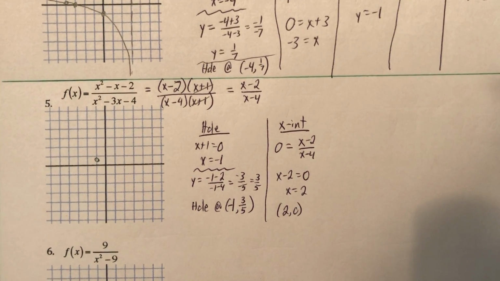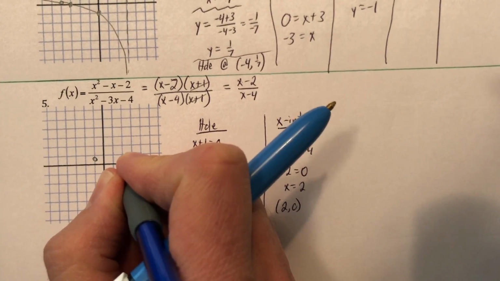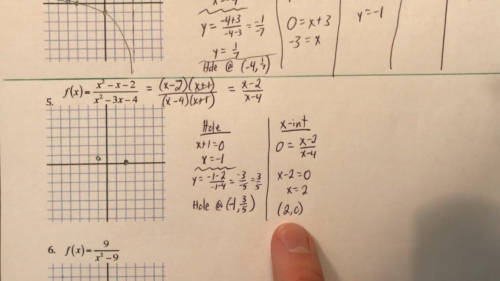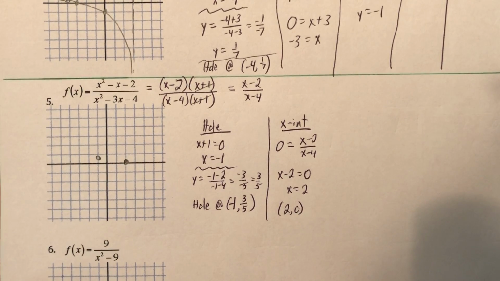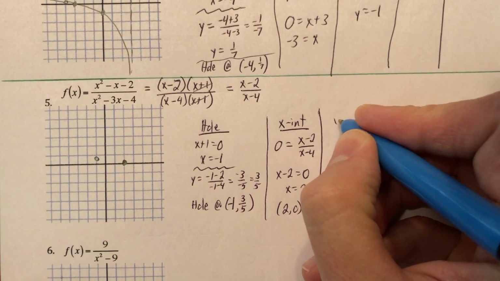So if you're going to plot it as a point, like I did this one, you'd say, well, that's at 2, 0. I don't generally make a huge deal out of it, but I would like for you to understand that this is actually a coordinate, not necessarily x equals 2. That sounds like an equation, right? So y-intercept